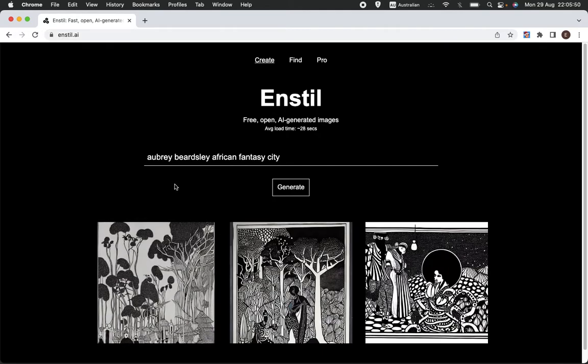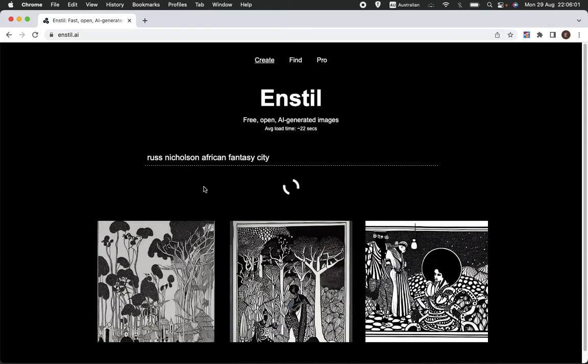But other artists haven't worked at all. I used Russ Nicholson. Russ Nicholson is a more recent artist who did a lot of art for fantasy gaming in the 80s. He did a lot of drawings for White Dwarf magazine, the British, what used to be role-playing game magazine. It's now a sort of